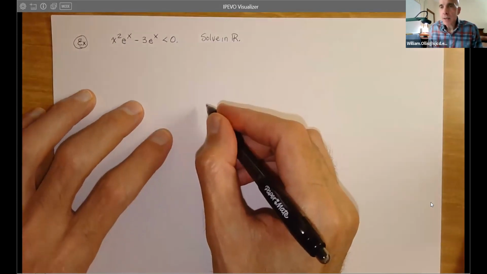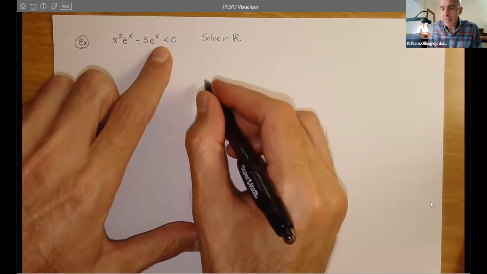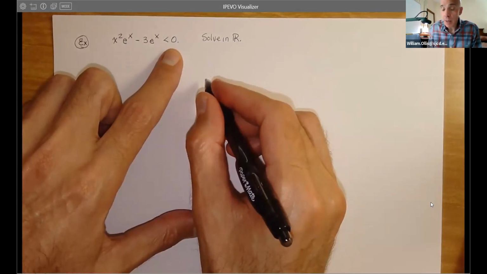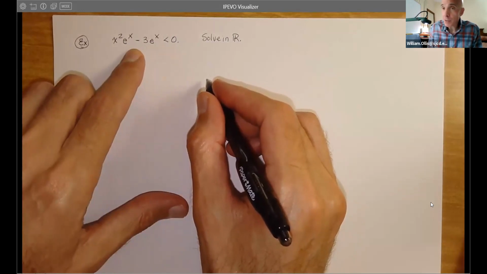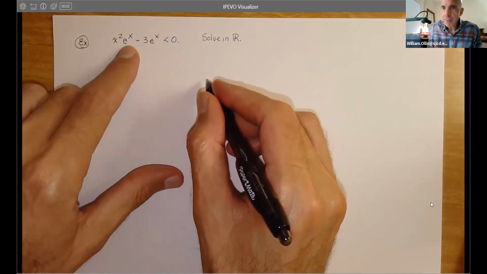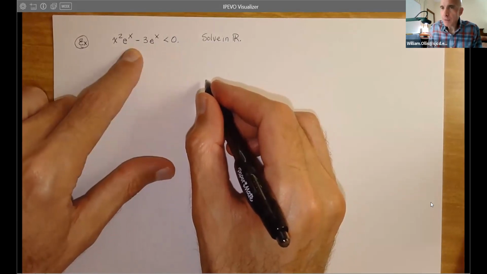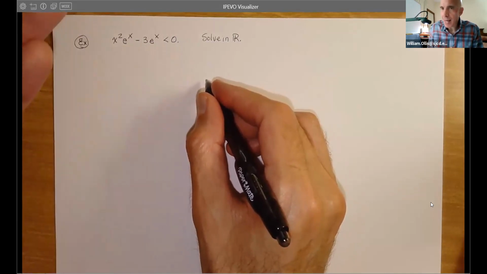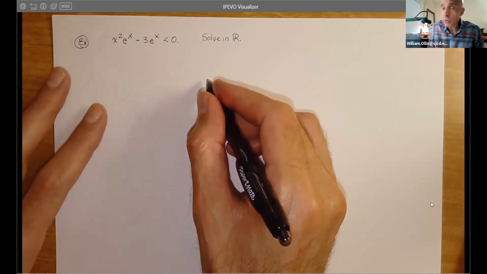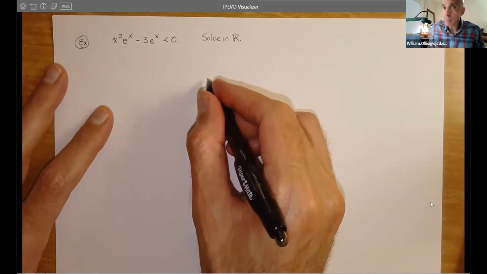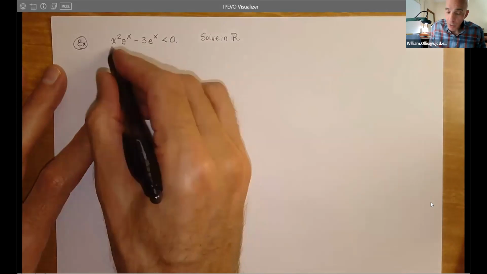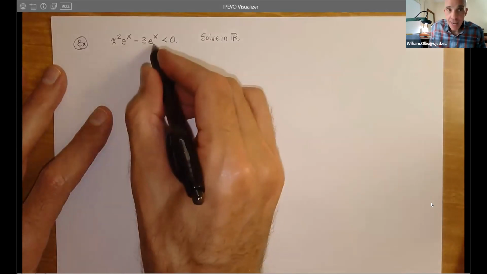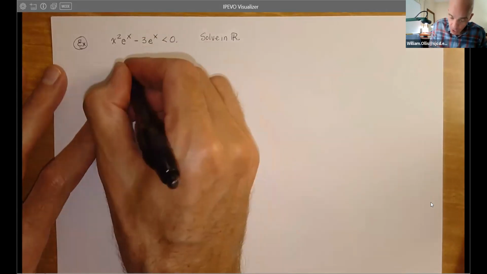So again, you look at this particular problem and say, well, this is a good problem because I already have a 0 here, and I can clearly factor this. Now, once we factor it, we look for BVs, and then we just do a sign analysis. If we can use the multiplicities to quicken the process, we do. That's something that I've tried to make you aware of if you feel comfortable with it. So now notice we can factor e to the x out of each of these terms. So equivalently,